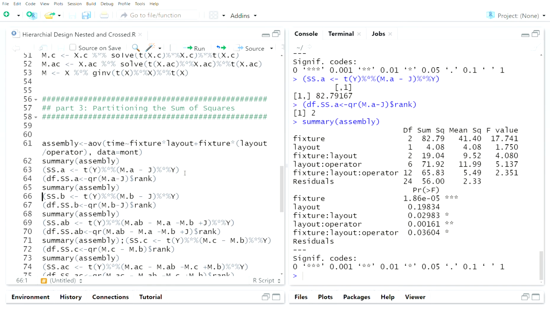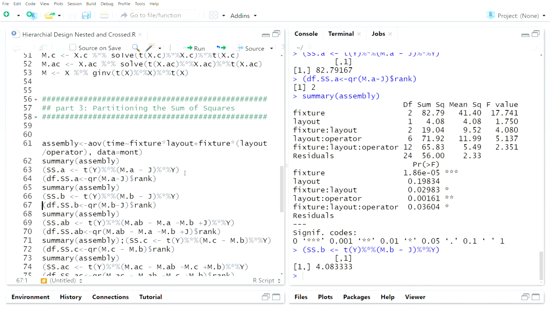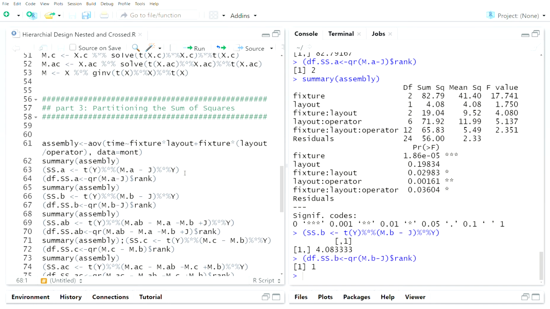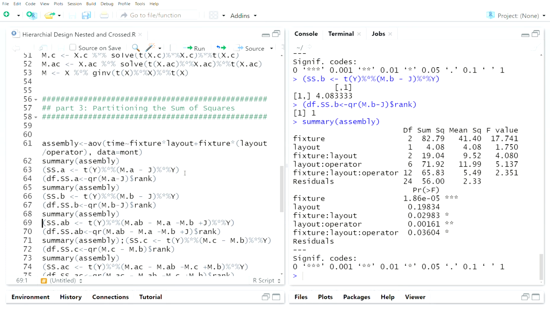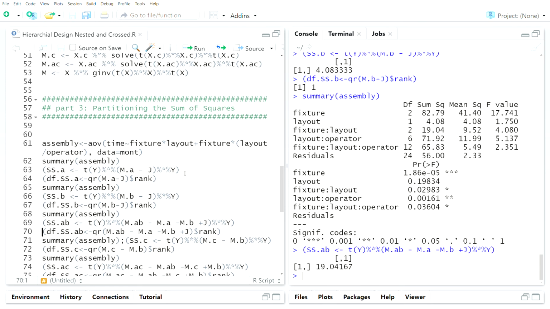So then the sum of squares for factor B, which is layout, is y transpose MB minus JY. And we get 4.08. It's the same. Degrees of freedom, 1. The summary, that's the assembly. Now we're going to do the sum of squares for the interaction between fixture and layout,